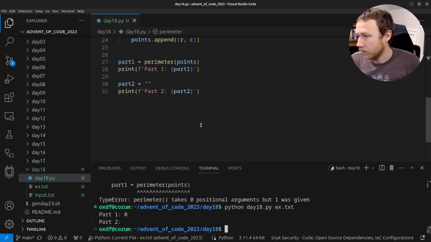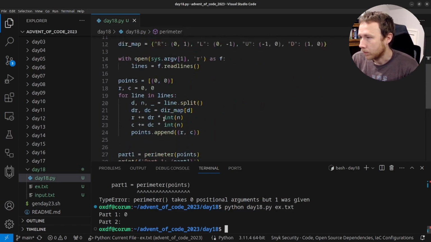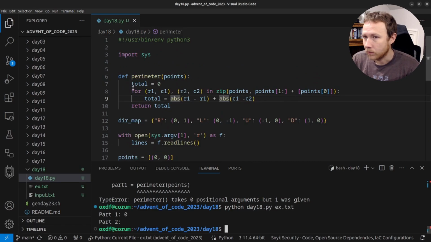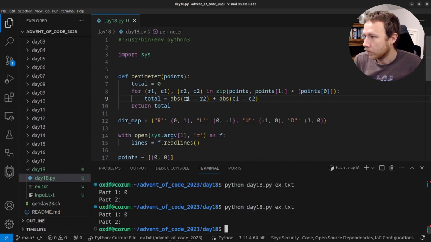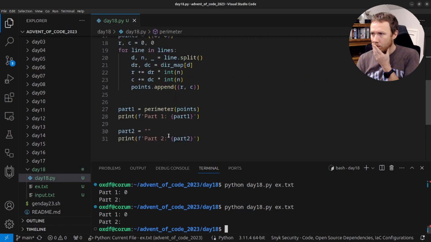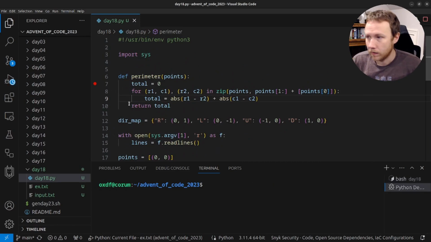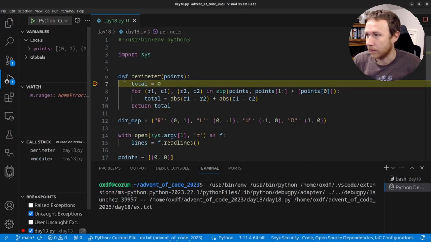We got 0. Something is not right there clearly. Points. So we are going to. Oh wait, hold on. R1 minus R1 does not look good. Let's put space there too. Let's try this. Still 0. R1 minus R2, C1 minus C2. We are happy with our points being good. Let's go up here and debug. I've got a video on several days ago about setting this up in